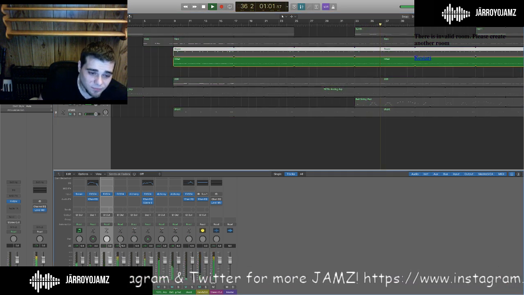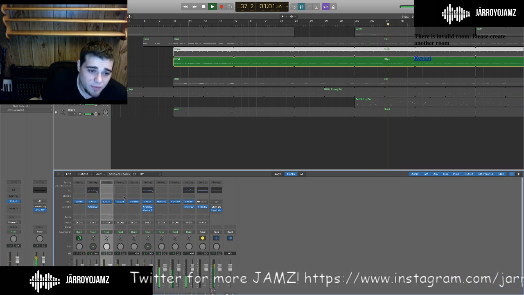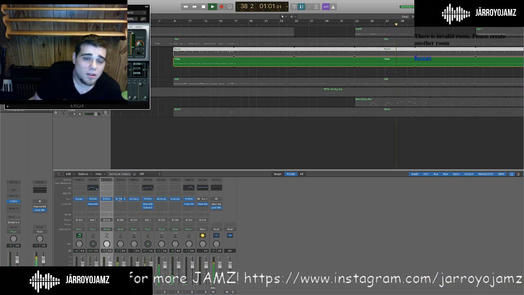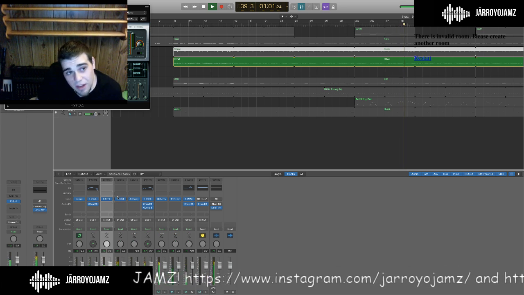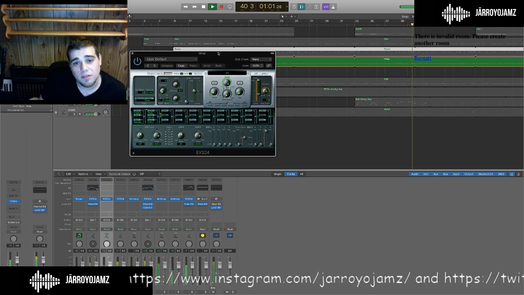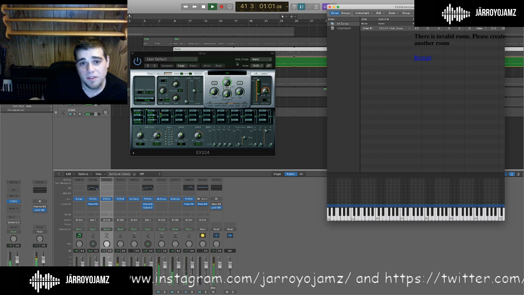Hi-hat's loud. Definitely loud. So instead of turning it down by the fader, I turn it down by the plug-in, by the sampler itself.